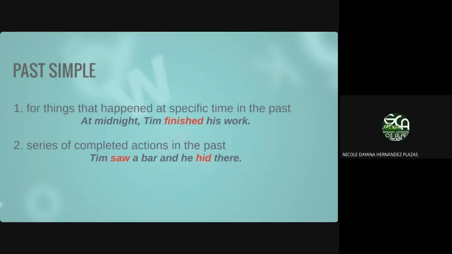I am going to explain in some minutes. But usually, Danny, when you have two actions and one action interrupts the other one, you have both. Cuando tienes dos acciones y una interrumpe a la otra, siempre va a haber una en continuo y una en simple. Una que estaba pasando y otra que llegó a interrumpirla. Es una de las formas más fáciles en la que lo puedes identificar, ¿listo? Pero ya lo vamos a explicar un poquito mejor.